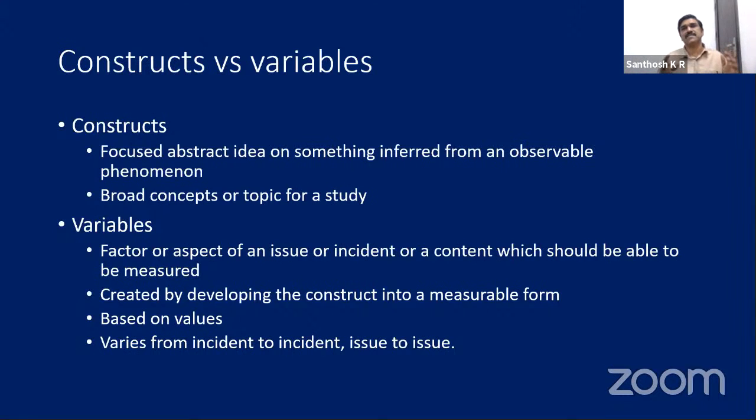So this change, if we can measure, and we can say that parental warmth of yesterday was better than today, then we are looking at the parental warmth as a variable. Because we are taking a measurement and finding out how much it varies from time to time. Then it becomes a variable. So constructs and variables are the same, but we are looking at it in a different way, that's all. Okay. So construct is the basic phenomena of how we experience, and variables are our measurement about that phenomena that we experience. This is the difference between construct and a variable.